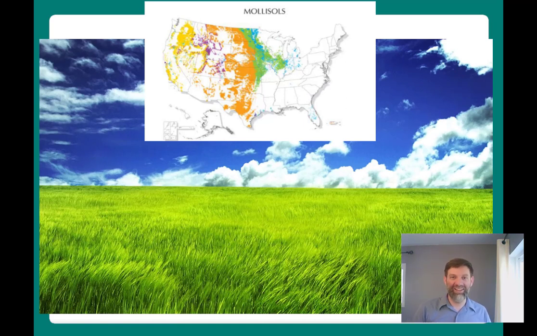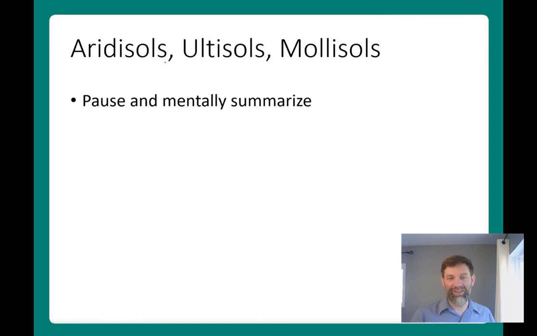Coastal grassland locations, and even some of our coastal forests get enough carbon inputs that we have the right setting to develop mollisols. Right, so again, that's 3 more orders. We're up to 9. Here's your chance to take a little break, pause the video, get a drink maybe, and